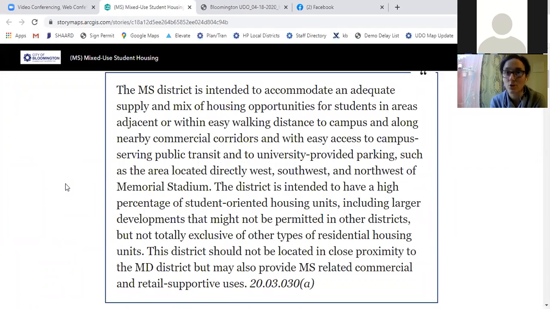It's not necessarily students only in these areas, but places that would make it maybe easier to locate buildings that we may find slightly more undesirable in other areas of town. We want those to be close to campus, along major corridors, and those are kind of the reasons why we chose the 3 areas that we did, and we're hoping to get feedback from the community tonight and via the